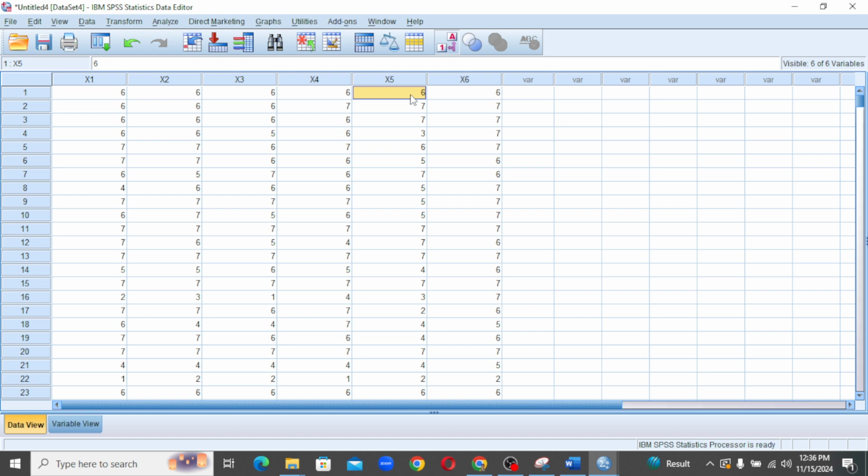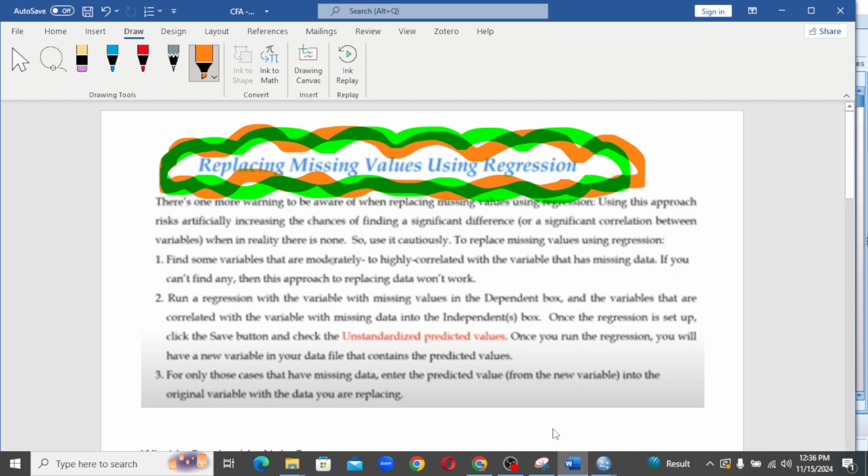Imagine now we have 6 variables. So these are the steps we are following. First, we'll be checking the correlation of the variable with missing values with all other variables. Thereafter, we'll be selecting higher correlation variables with this variable with the missing values, and we'll be excluding other weak correlation variables. Then we'll run a regression analysis taking our missing value variable as y and all the other medium to higher correlation variables as x,